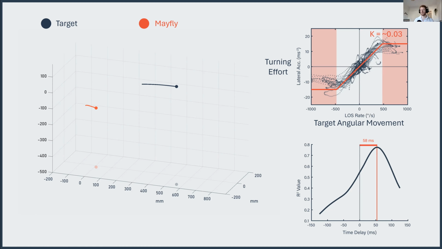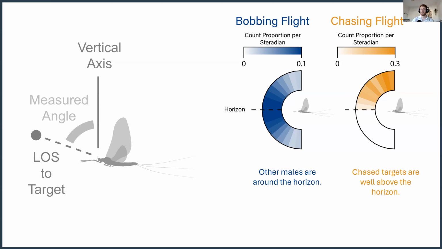And we can see that there's also a bit of a delay of about 58 milliseconds, which is still probably in the region of 3 or 4 times faster than our own reaction speeds. So it's an astonishingly regularized controlled behavior.